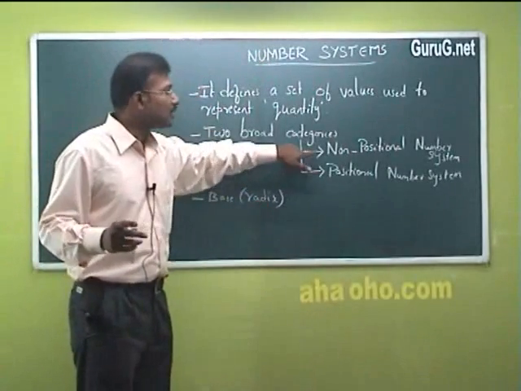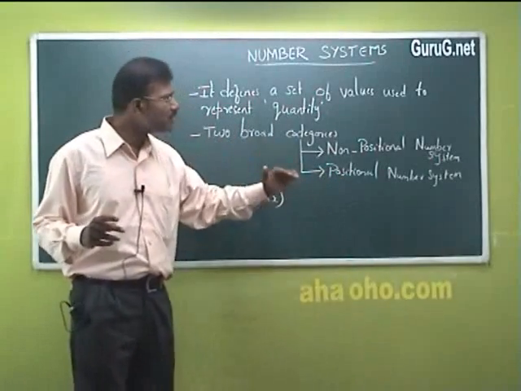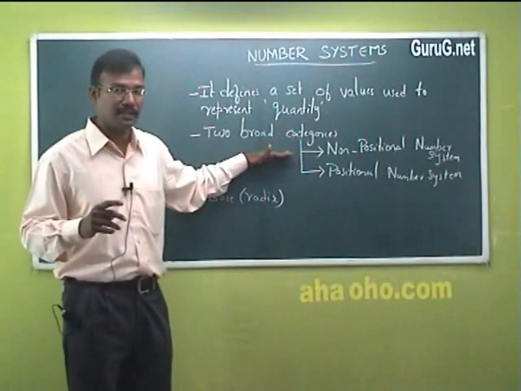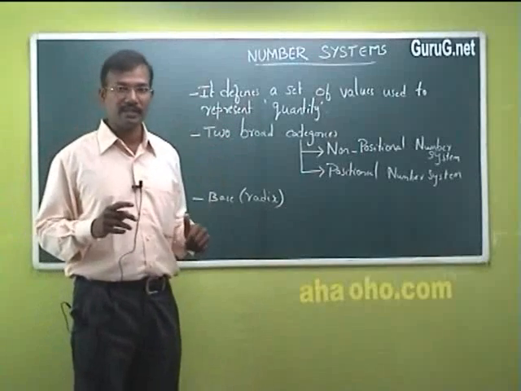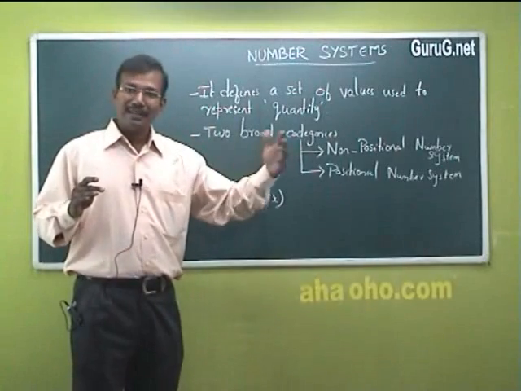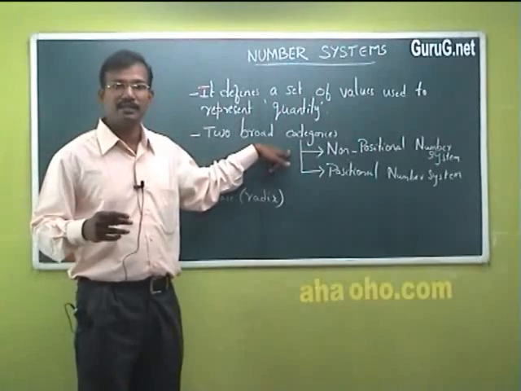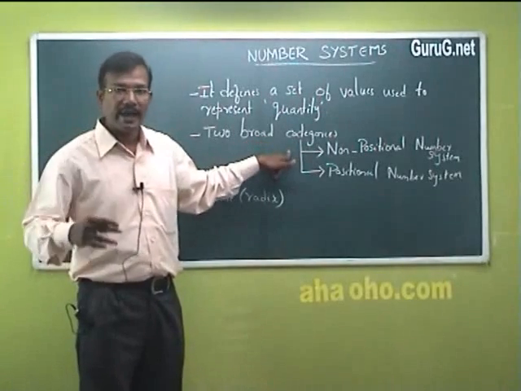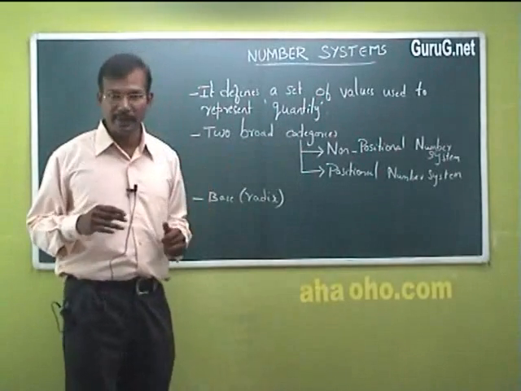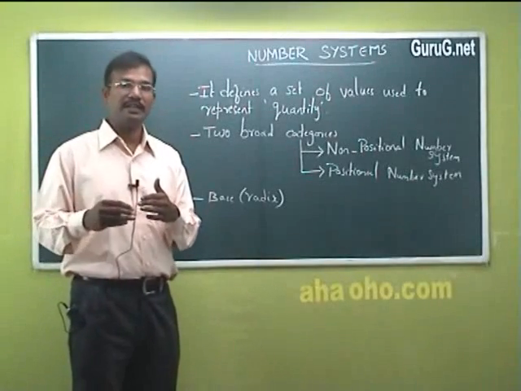categories. One is the non-positional number system, the second one is the positional number system. We will see what the non-positional number system is and what the disadvantages of the non-positional number system are, and then we will go for the positional number system. In the non-positional number system, we have used fingers, pebbles, and the recent one under this is the Roman letters, which is difficult to represent, and the calculations that can be performed with this are limited. It is also difficult to perform the calculation.